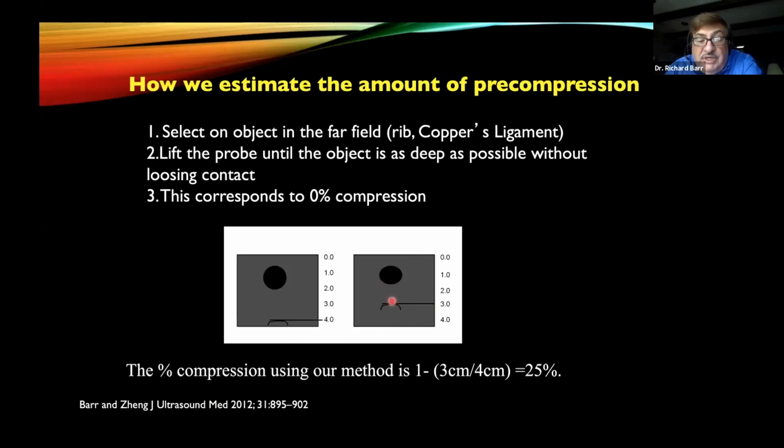So now I'm going to lift up the probe, just lightly lift up the probe. As I do that, we're going to release that tension and the rib is going to fall to 4 centimeters. If I remove any more pressure, I would lose contact. So I have a very light contact. This is also a very good place to do your color Doppler or power Doppler or MFI, because as you compress, you're compressing the blood vessels also, and you'll get much better color if you use this technique. Then you're doing your color Doppler and elastography here, doing your B mode imaging here.